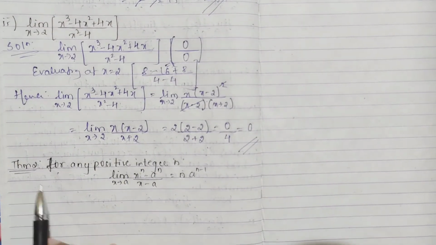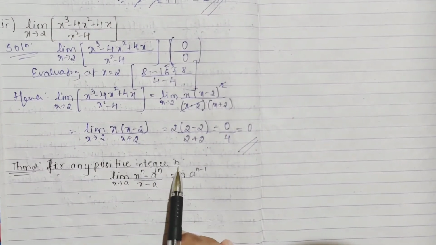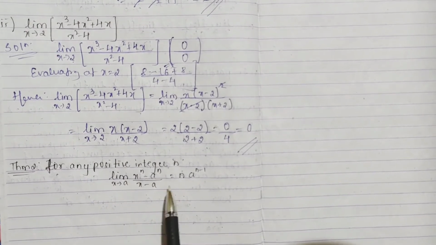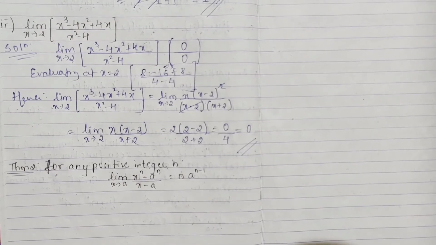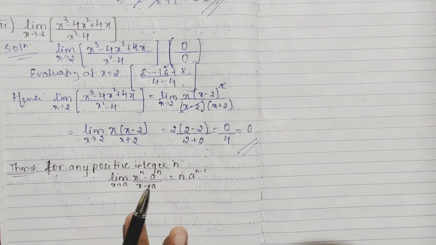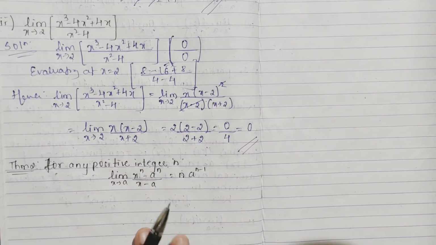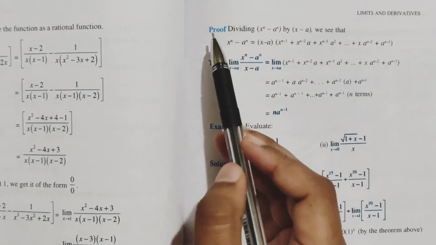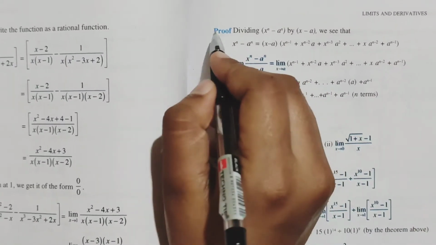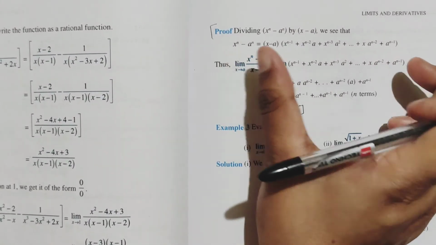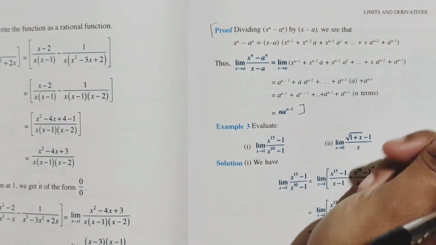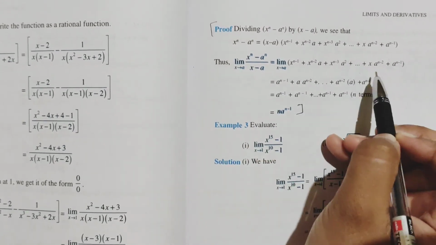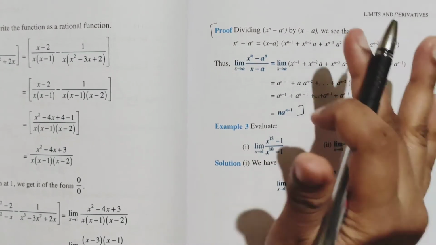So next is theorem 2. For any positive integer n, limit of (x raised to n minus a raised to n) divided by (x minus a), where x tends to a, is equal to n a raised to n minus 1. This is also a theorem. Proof, you write it down. I'll just explain it to you. This is the proof from here to here. Please write it down. It is nothing but expanding, considering your polynomial equation, and then applying the limit, you will get the same. Okay, so take down this proof.